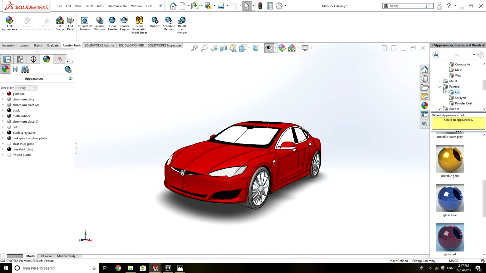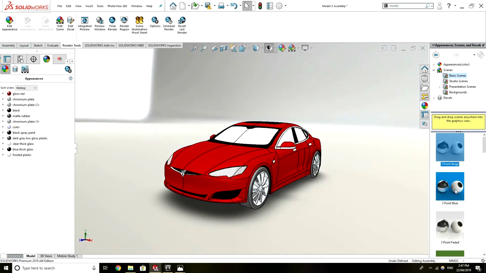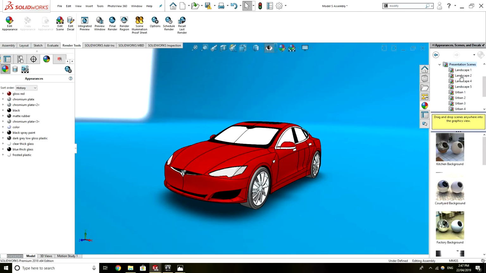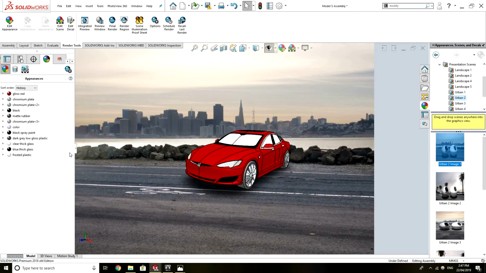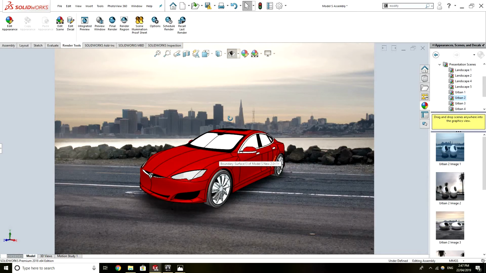So the next step you want to do is change the scene. If I go over to scenes on the right and expand that, there's basic scenes which I can go through. There's actually presentation scenes which work quite well for this particular model because there's some urban settings like here, and this is in SolidWorks 2018 by the way. It may vary slightly depending on what version you're running,